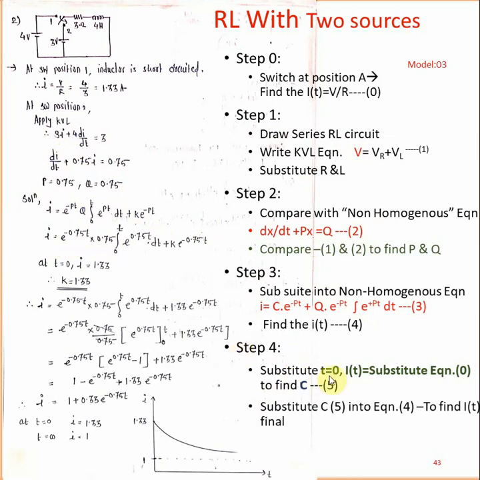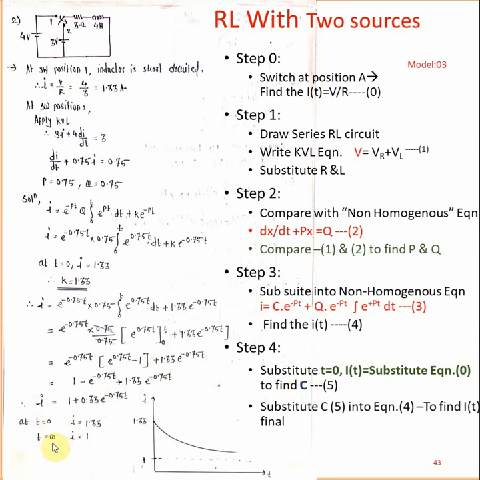Then next, step number 4, t is equal to 0 and I is equal to 0. What is that? 1.33. Substitute to find the k value in the equation. The k value will come 1.33. Once the k value is found, substitute into the fourth equation. Then further simplify, and your answer for the I value can be obtained. Similarly, substitute t is equal to 0 for the I value, and t is equal to infinity to find the I value.